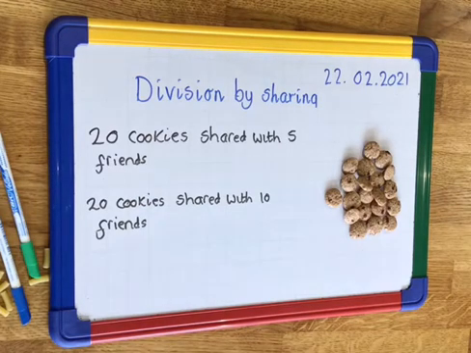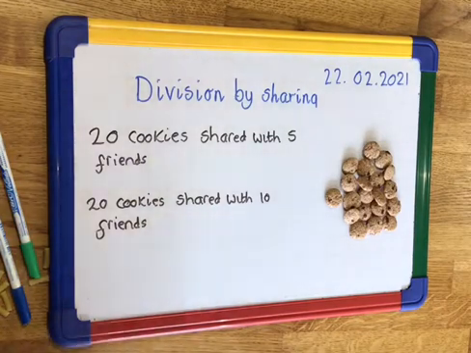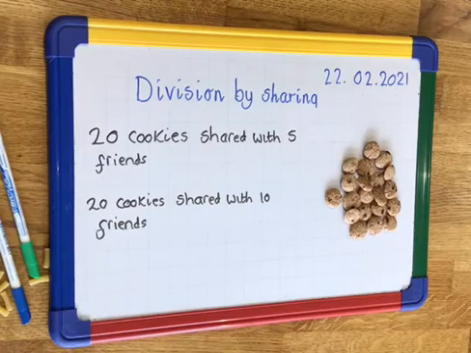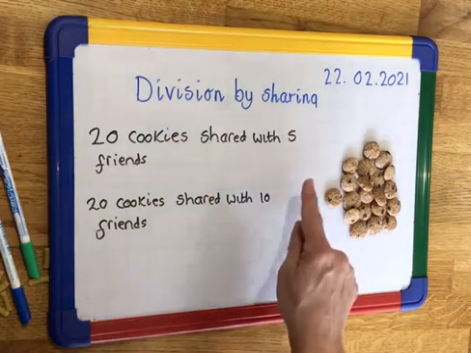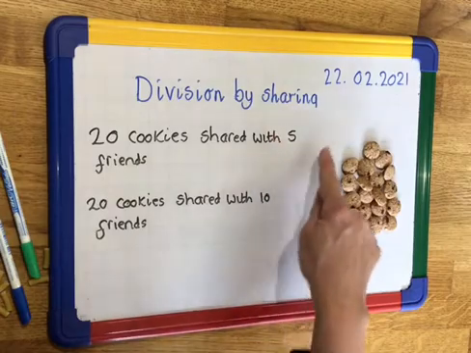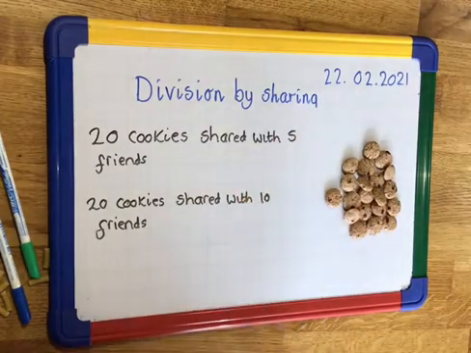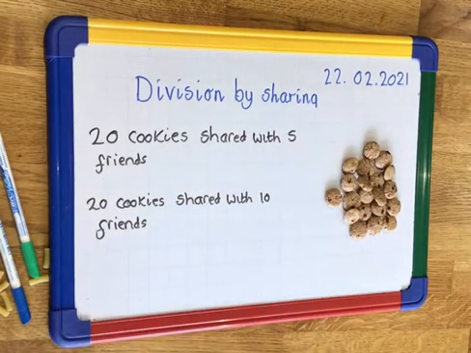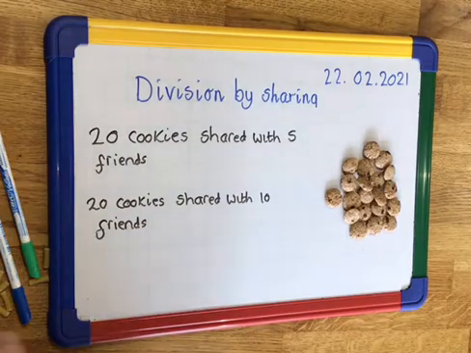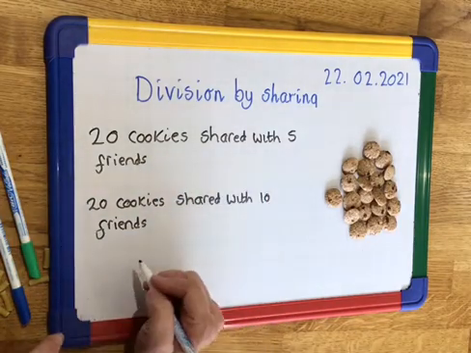Right, children, I think you've probably remembered that I said right back at the beginning of our lesson that the more people you share with or the more groups you share into, then the less each person has, the less is in each group. So let's see what's going to happen here. I think that Mrs. Riley's friends are going to get more because she's sharing with less people than Neve, but we're going to check. So we've talked about how we could record this, and I could record this as a division. So 20